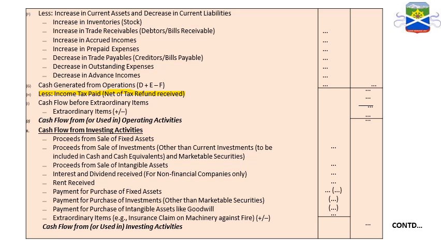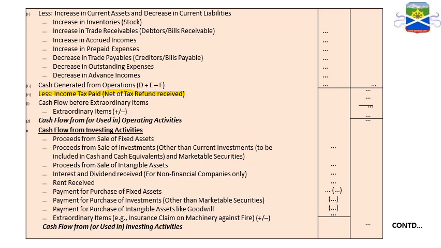Now there is cash flow from extraordinary items. If there is a receipt, that will be plus. If you have made a payment, that extraordinary item will be given in your question. For example, earthquake, flood victims, COVID-19, if you are giving any assistance to the government or to the people who are affected, and you have spent money for them, it will come under extraordinary items. If you have received it, then it will be plus. If it is a payment, then it will be minus. In your question it will be given.